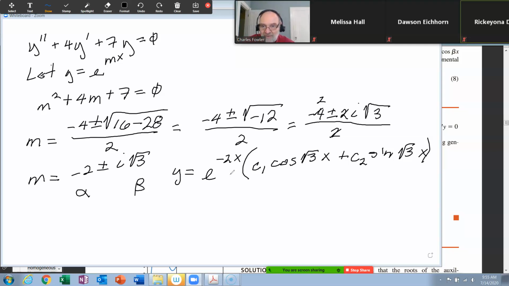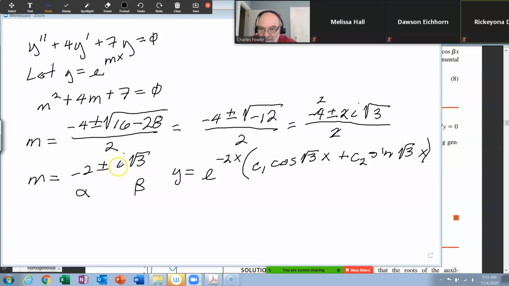If we had reversed these 2 numbers here and would have had a positive 12 under here, that still you couldn't have factored, but that could be simplified as 4 times root 3, so everything would come out the same except you wouldn't have the i here, okay? And then you would have minus 2 plus or minus